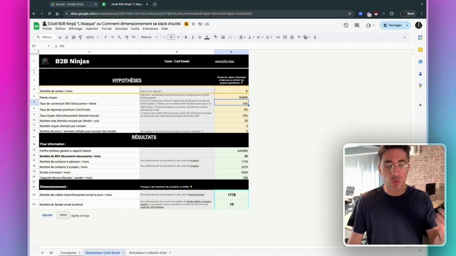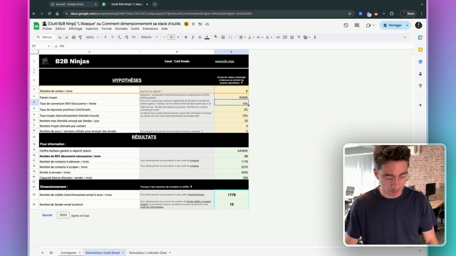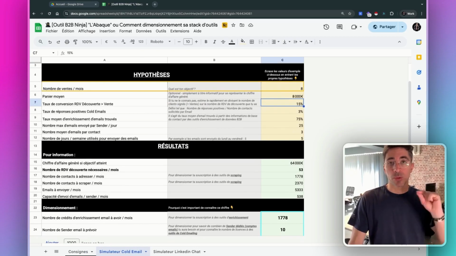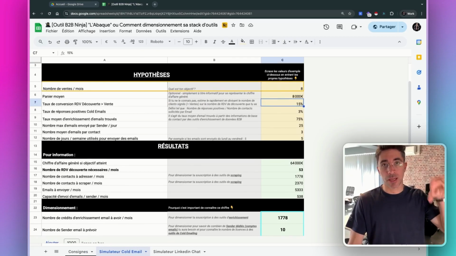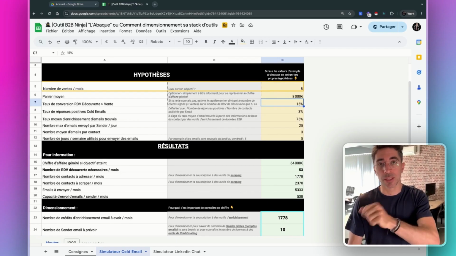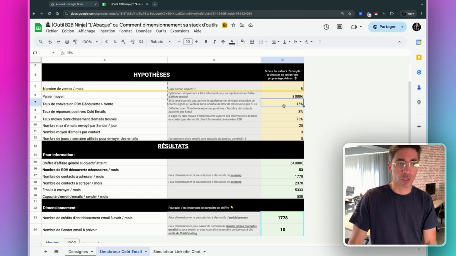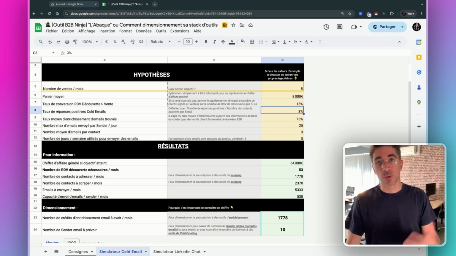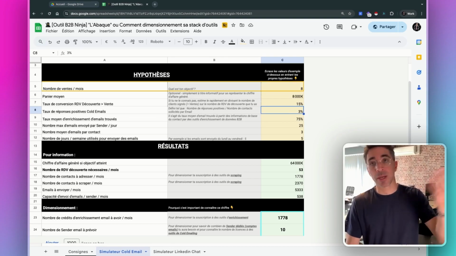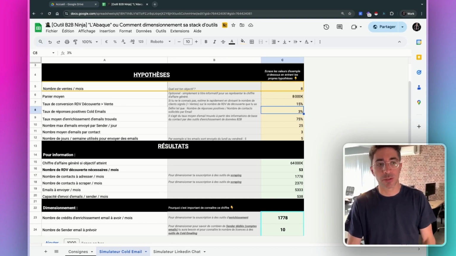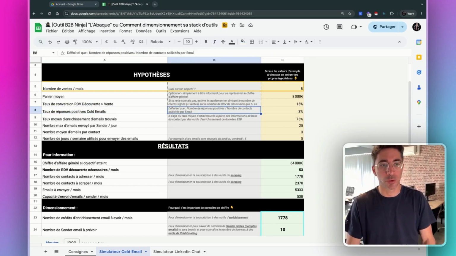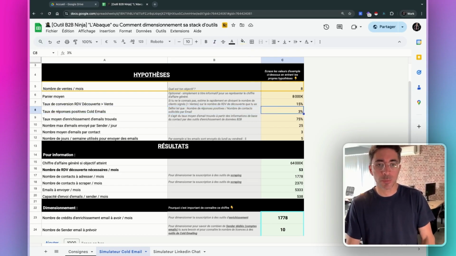Next, what's going to be crucial are all the assumptions we enter here. The conversion rate is the rate between the stage where I have a discovery meeting and when I sign the client, when I make the sale. So this is a sales conversion rate linked to the effectiveness of your sales teams. I put 15% because that's a fairly typical rate, not very high either, but rather standard for B2B conversion. Then you have the positive response rate, so for cold emails. Here it depends a lot on various factors, but mainly on your effectiveness, the relevance of your copywriting, and your targeting. So let's go with 3%.